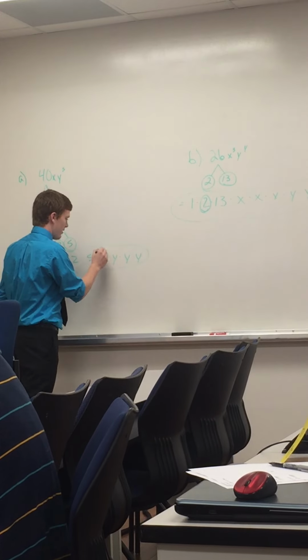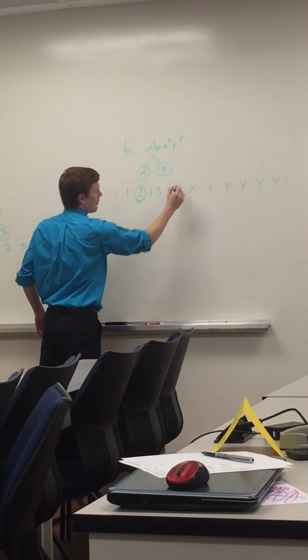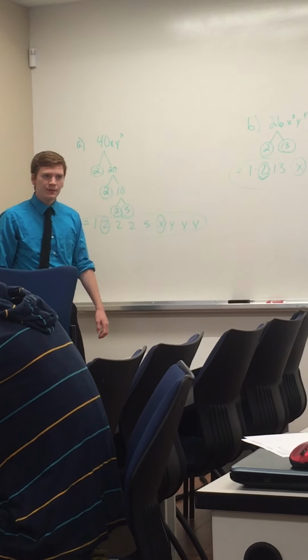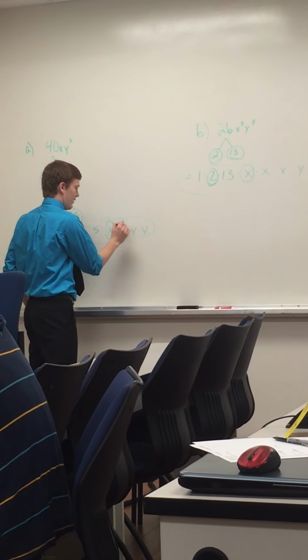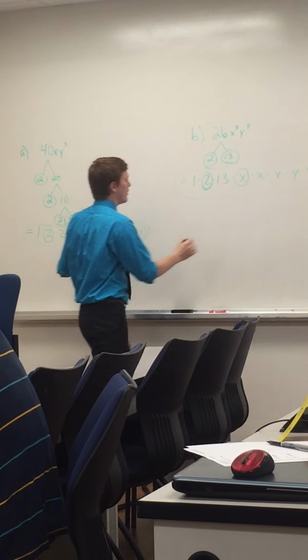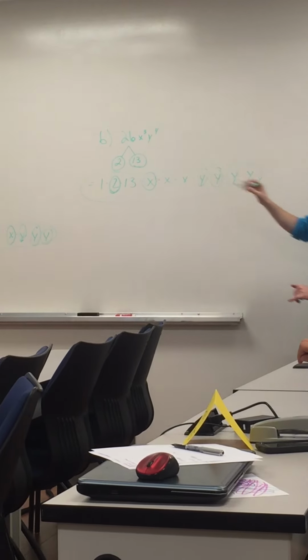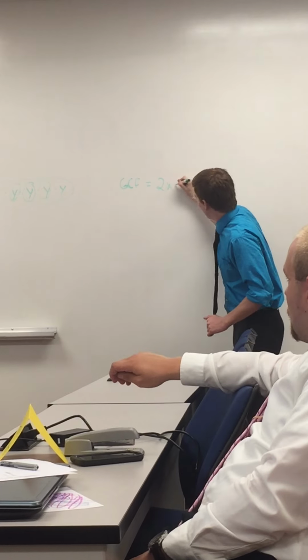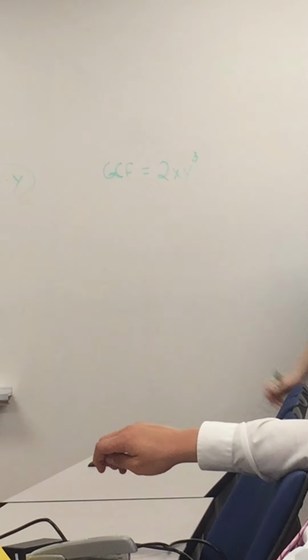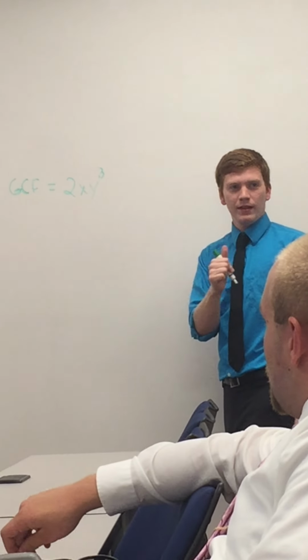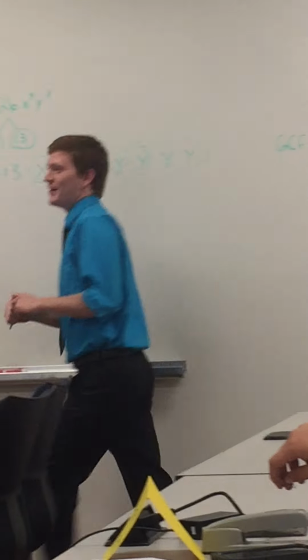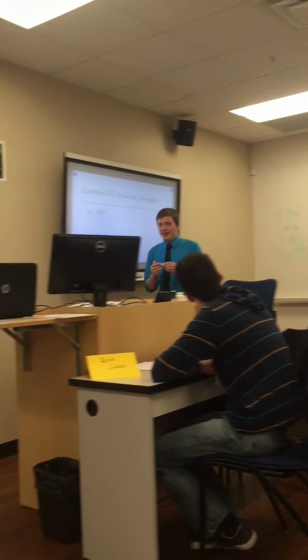X's, how many can we do of those? 1. 1x, right? And then how many can we do with the y's? 3, right. So make sure we circle both. So it gives us 2xy cubed. Good? Is everybody alright with what I'm doing? Alright, cool. Now, the next part is